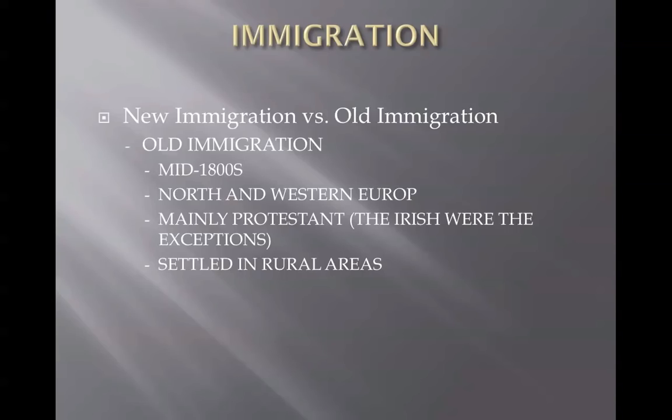And because many of them were Protestant, the Irish who came over as a result of the potato famine, one of the major reasons, were an exception, but most of them were Protestant, and almost except for the Irish, the rest of them settled in rural areas. For example, a lot of German immigrants came in and settled in the Midwest, some of whom actually also eventually moved down to Southwest Louisiana. It's possible that if you have a German last name, you may have come from that area, but also it's possible that you didn't.